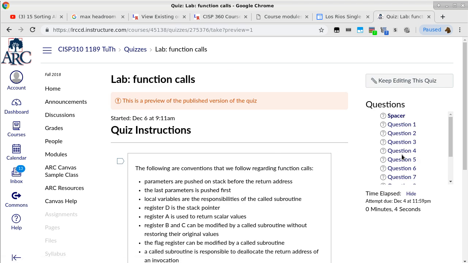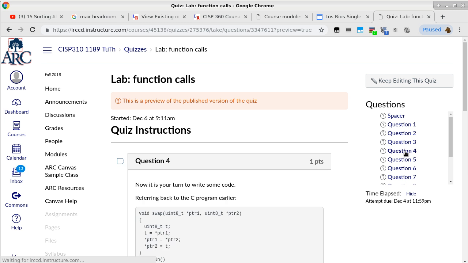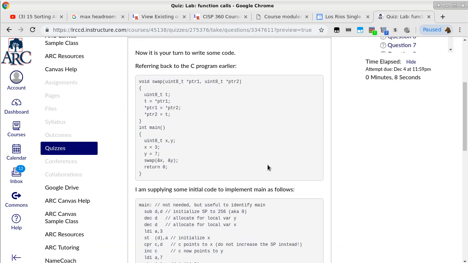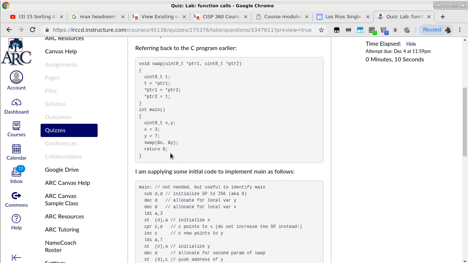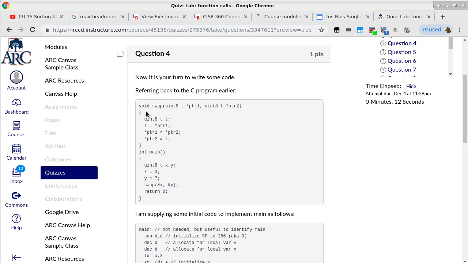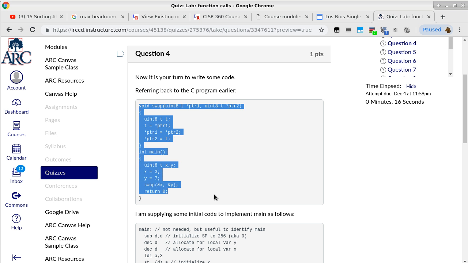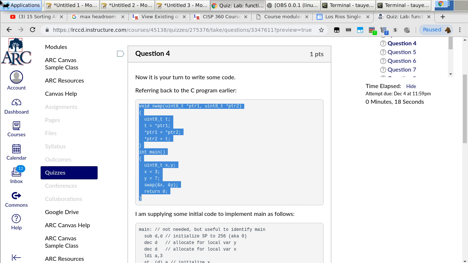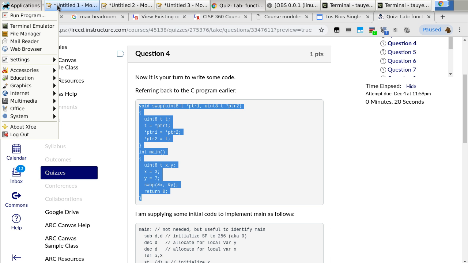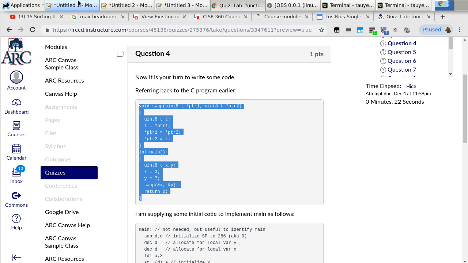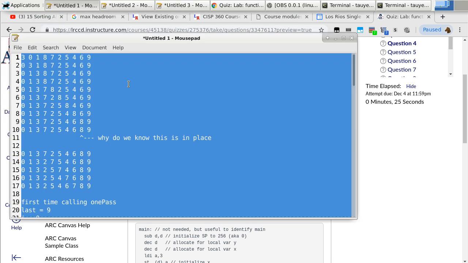So let me see if I remember that correctly. Yep, there we go. And I gave you the main code already. So let me copy and paste the C code first. And I can put it into one of my existing ones. This one is for bubble sort, and then